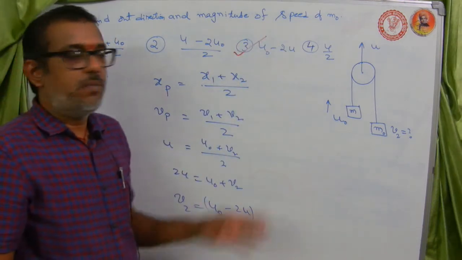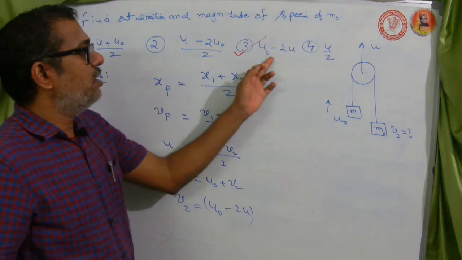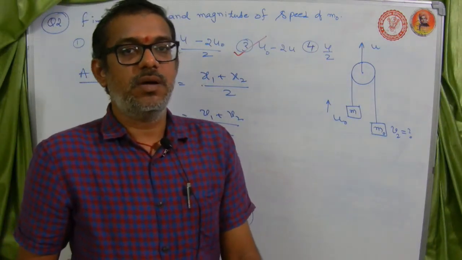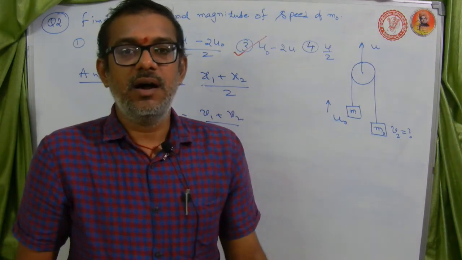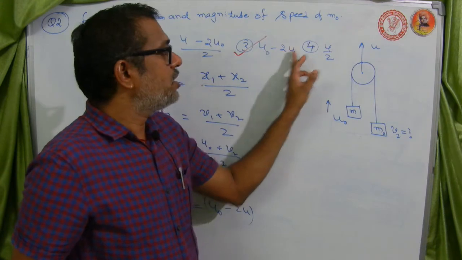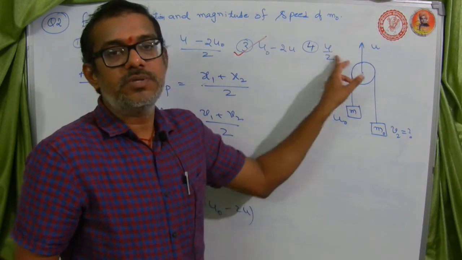In the options, they will try to indicate upside, downside, downside, upside, different combinations, so you have to take care carefully. Even after determination, sometimes the fourth option also looks like this, u0 minus 2u0, upward and downward, so two options are given. Please take care what option is correct.